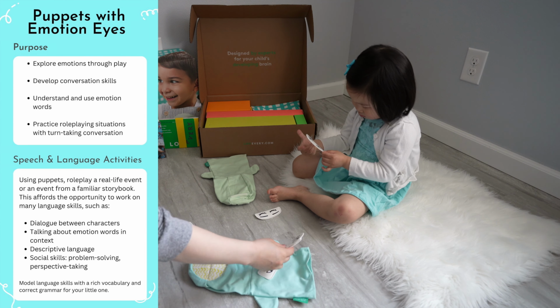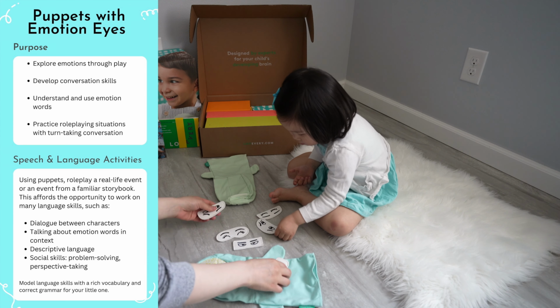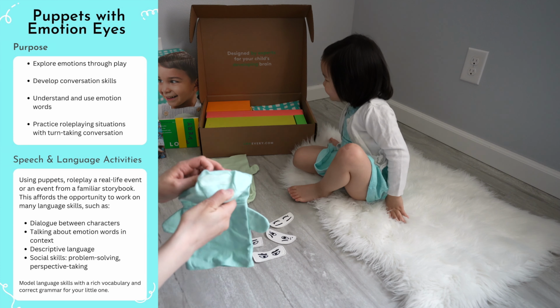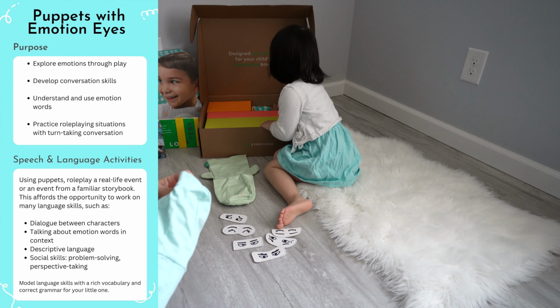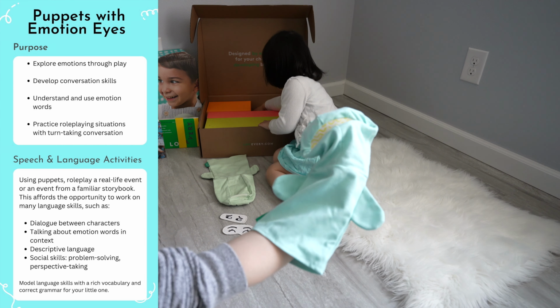These puppets are great for exploring emotions through play, developing conversation skills, understanding and using emotion words, and practicing role-playing situations with turn-taking conversation. So using these puppets, you can role-play a real-life scenario, an event from a familiar storybook that your little one loves, or even